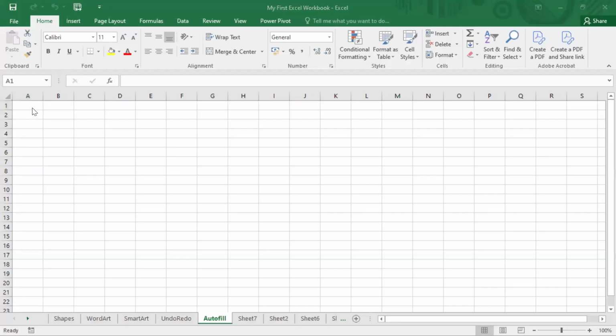Hey guys, today we are going to speak about autofill in Excel. So when I'm talking about the autofill feature, which is available in Excel, it allows you to fill a pattern based on your inputs. So you can have certain data in a certain pattern, which can be copied across various cells or various